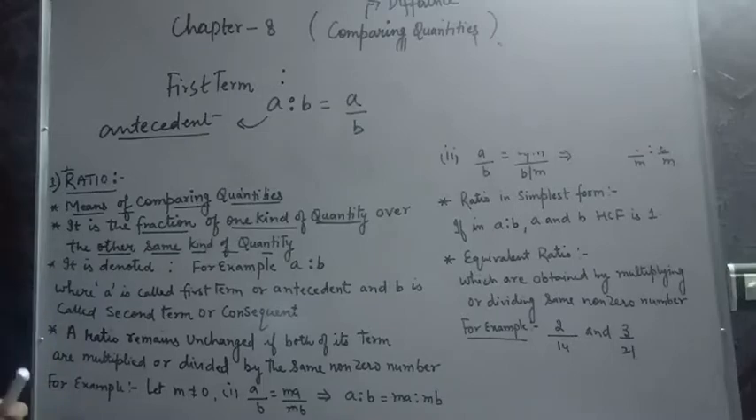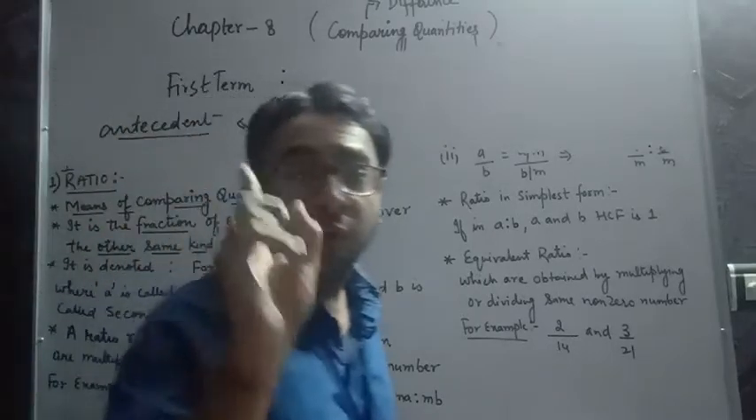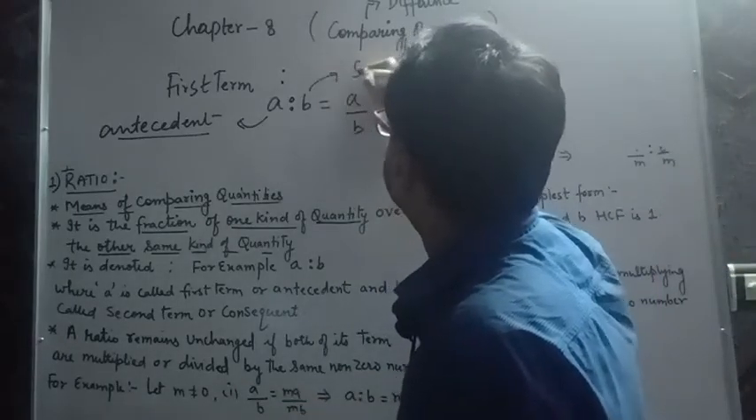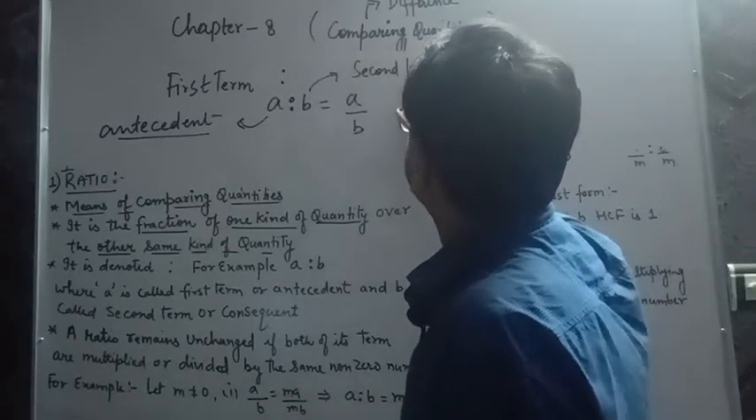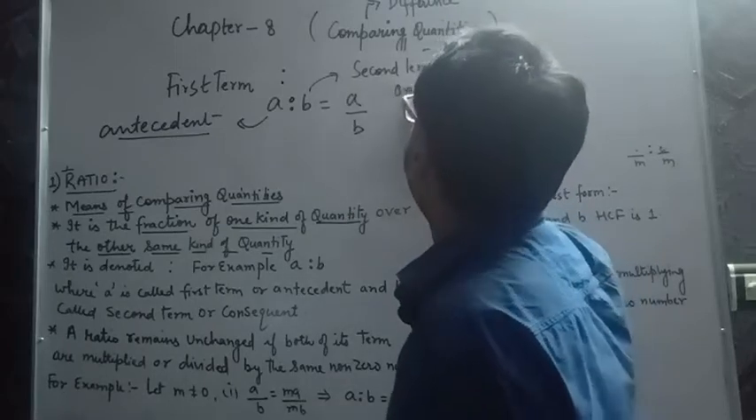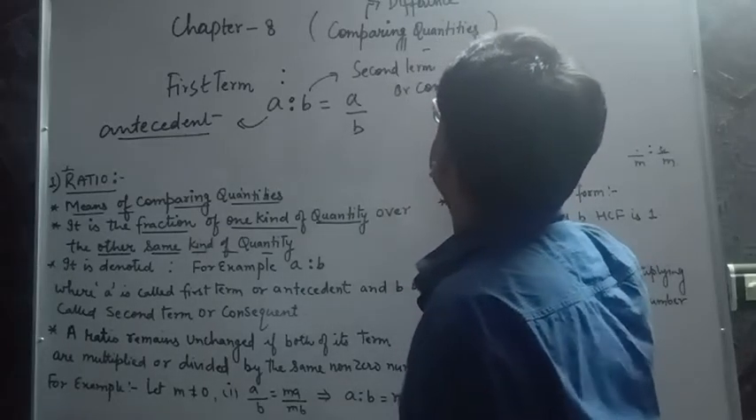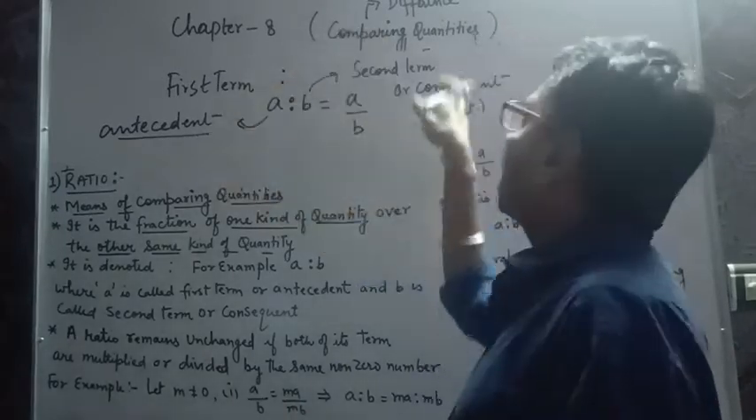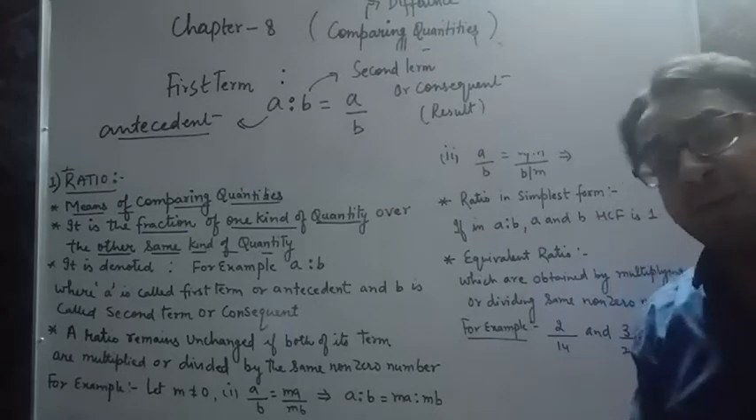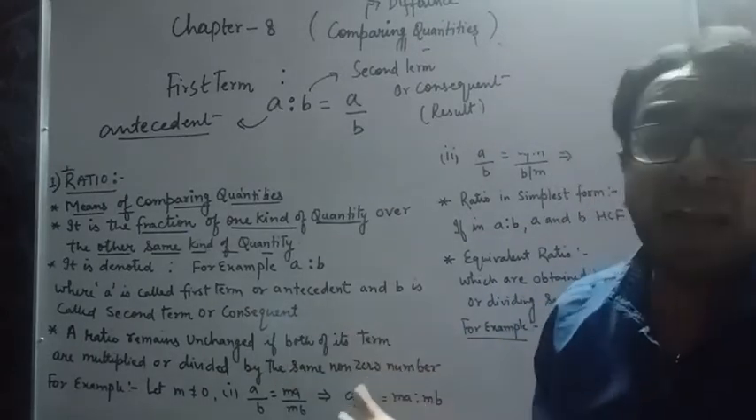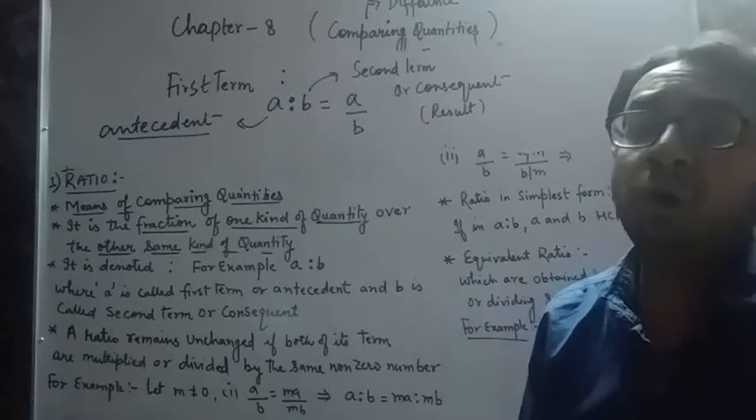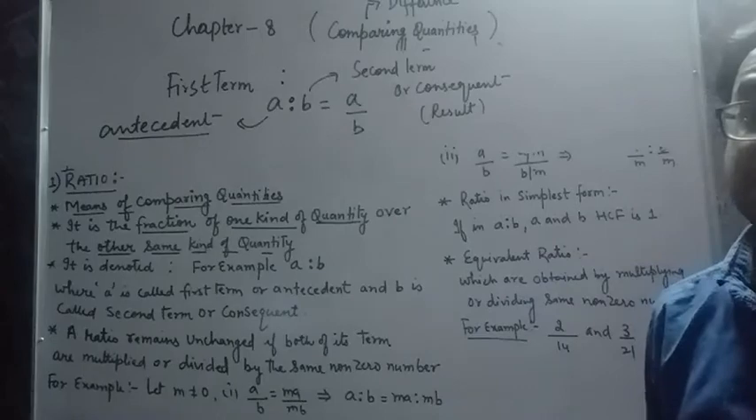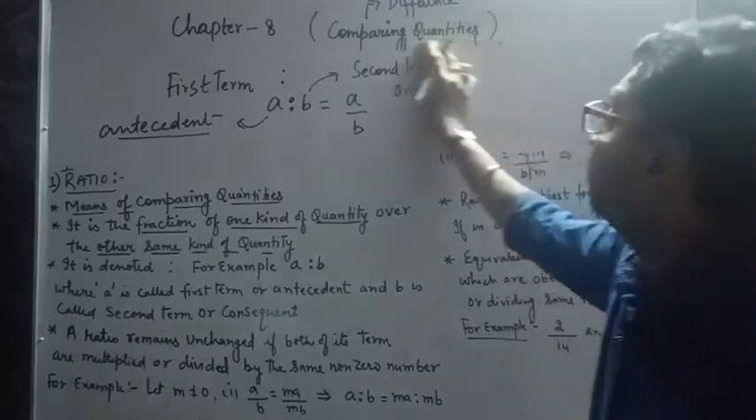Antecedent means the first term, the primary term, the utmost important term, where B is called the second term, or consequent. Consequent means result. So maybe it is coming after this, that is why it is consequent. Are we clear? A the first term, the antecedent, and B the second term, called consequent. Clear with this? Now, a very important point. Next is the very important point, that when we are talking about,